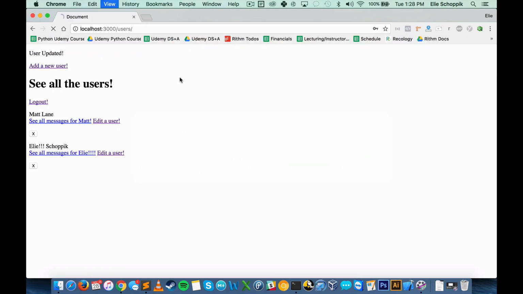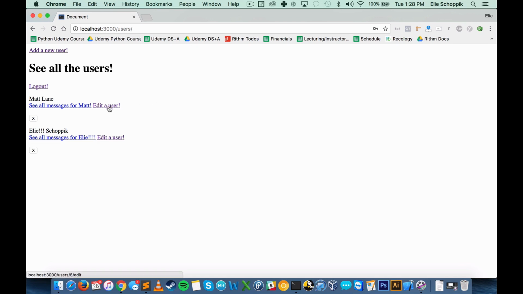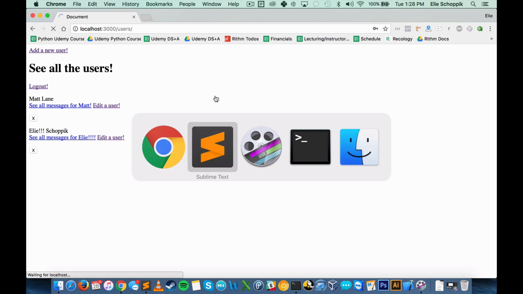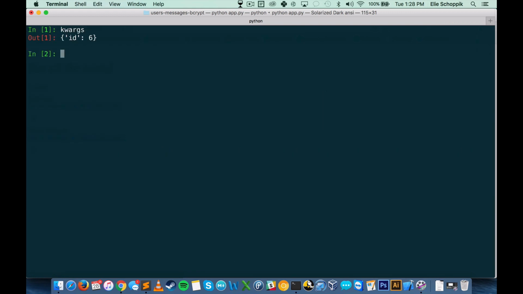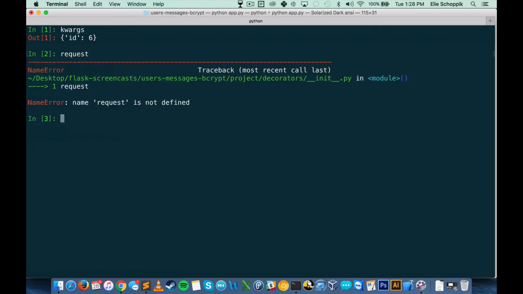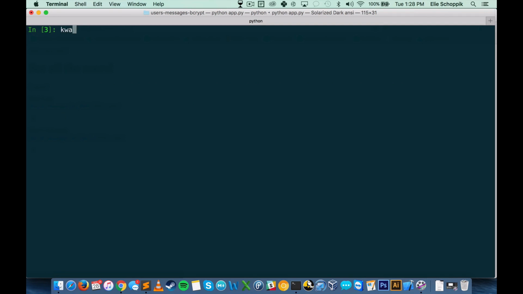So back in the browser, I'll refresh the page, try to edit a user for Ellie, and let's go take a look in IPython at what keyword arguments is. If you see right here inside of keyword arguments, there's a property called ID, because if you remember, inside of request, we actually don't have that, unfortunately. All we have are the keyword arguments right now. That's coming from the request from the URL right there. That URL itself is